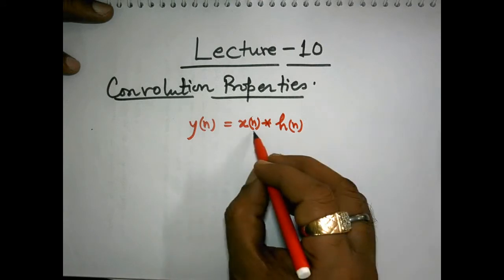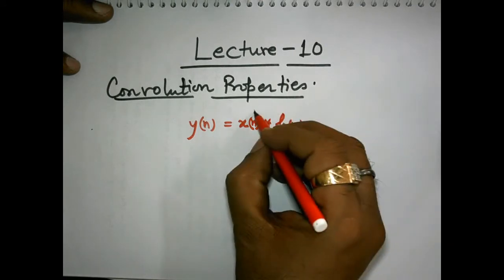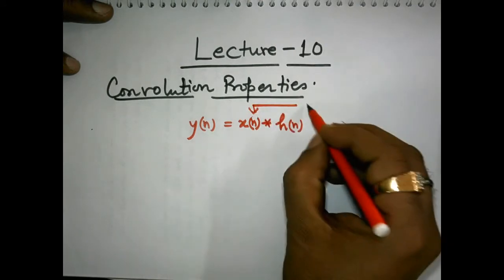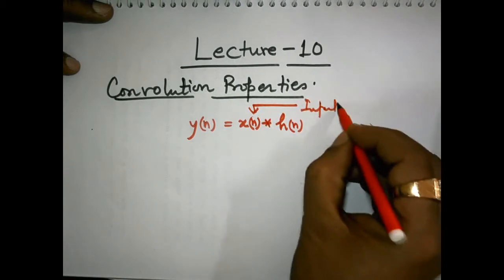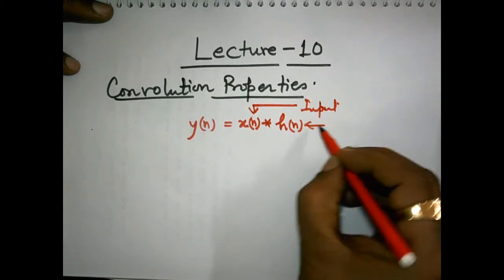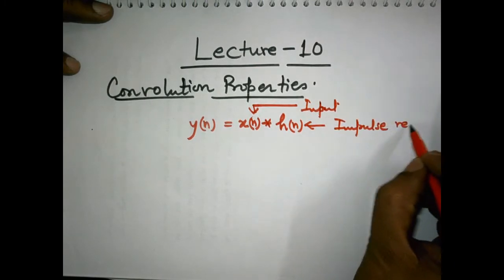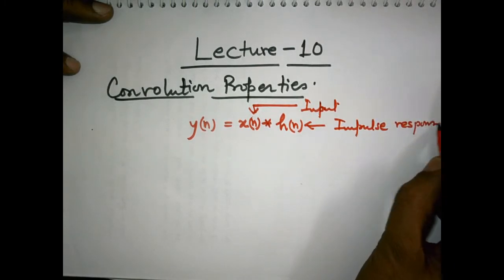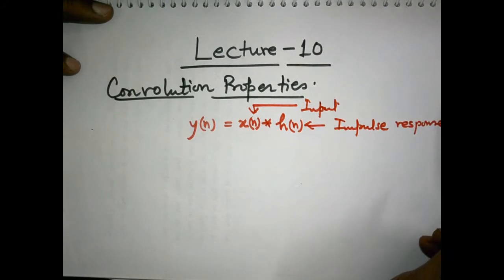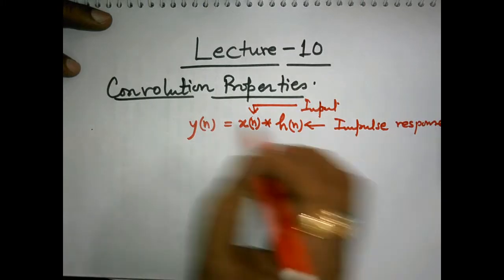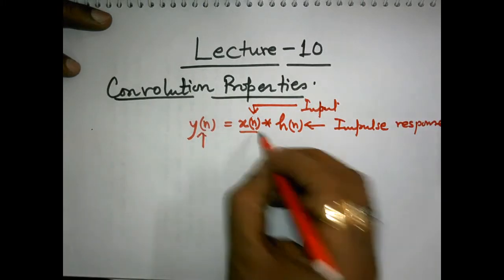Output is the convolution of x[n], the applied input, and h[n], the impulse response of the system. If the impulse response of the system is known to us, then we can determine the output for any given input,